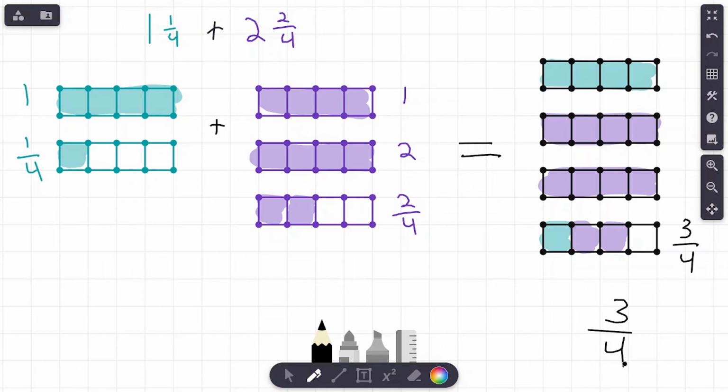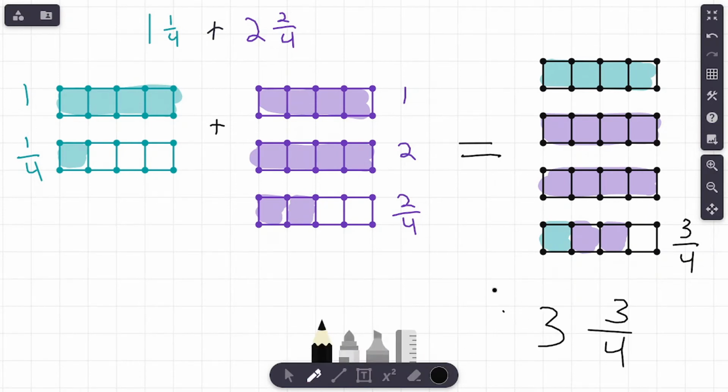Well, what's the whole number? We'll count the whole models, right? Take a look. We've got 1, 2, 3. And there's your answer. Whoops. Let me fix that real quick. There we go. All right, there is the answer, 3